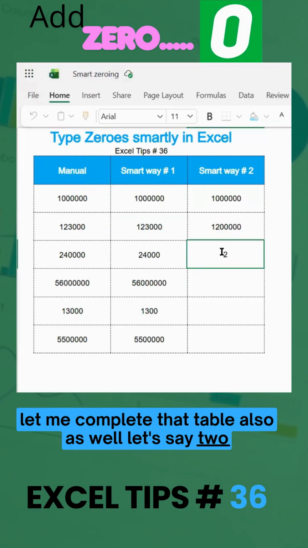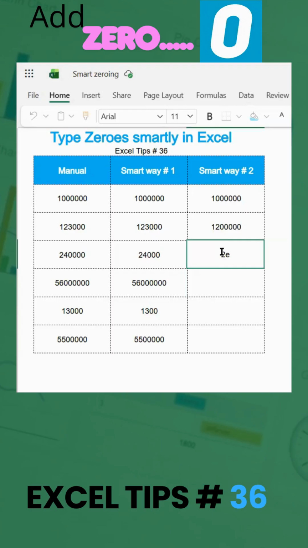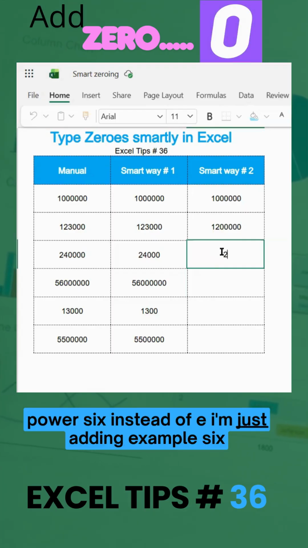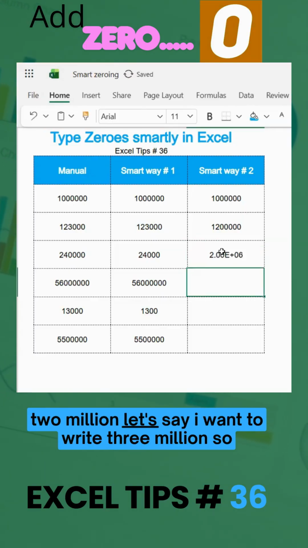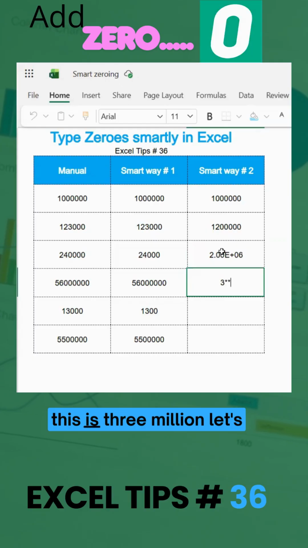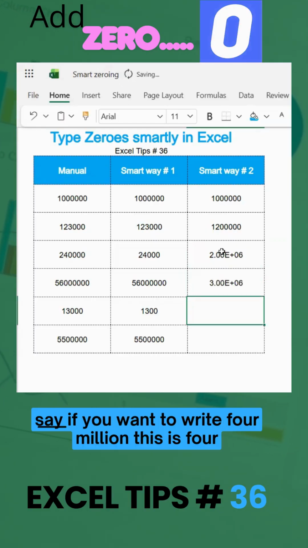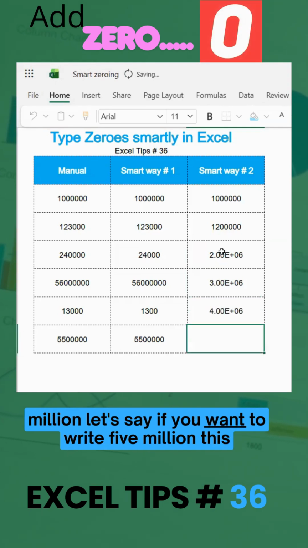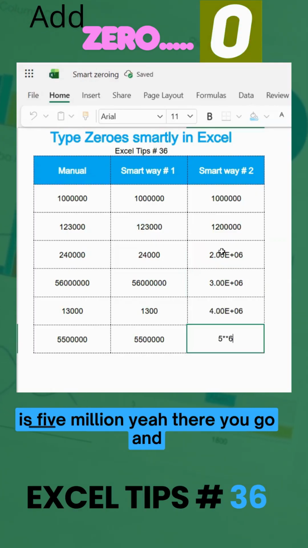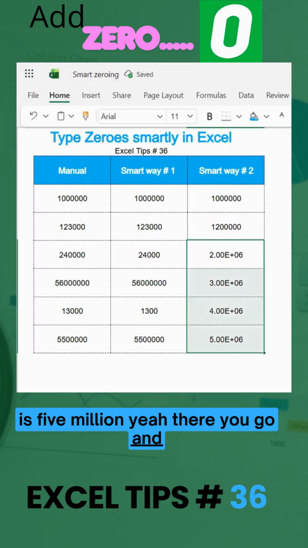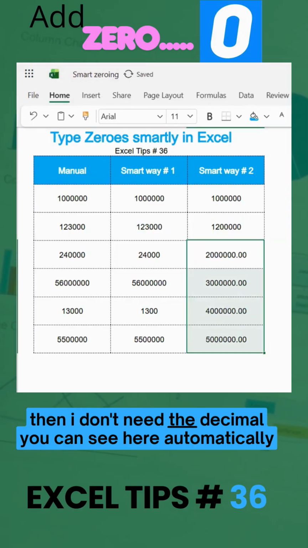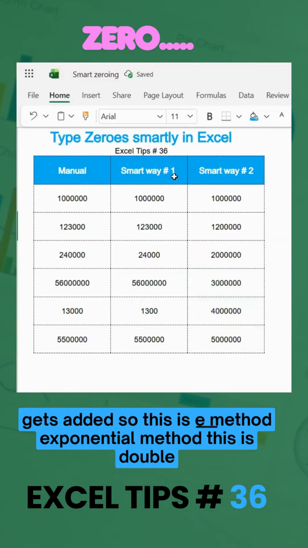Let's say 2 to the power 6, instead of E, I'm just adding 6, 2 million. If I want to write 3 million, this is 3 million. If you want to write 4 million, this is 4 million. If you want to write 5 million, this is 5 million. Yeah, there you go. And then I don't need the decimal. You can see here, it automatically gets added. So this is the E method,